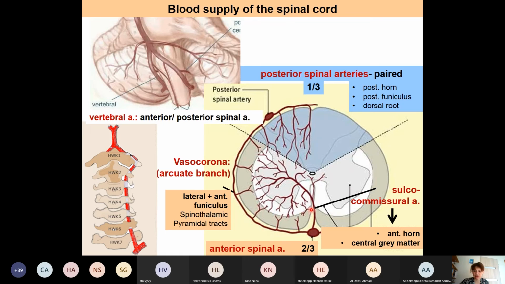And the anterior one gives a branch toward the anterior median fissure. This is called the sulcocommissural artery, which supplies then the 2/3 of the spinal cord. Yes, so the lateral and anterior horns, the central gray matter around the central canal. So this is the most important artery here, and as you can see, the gray substance is much more capillarized than the white